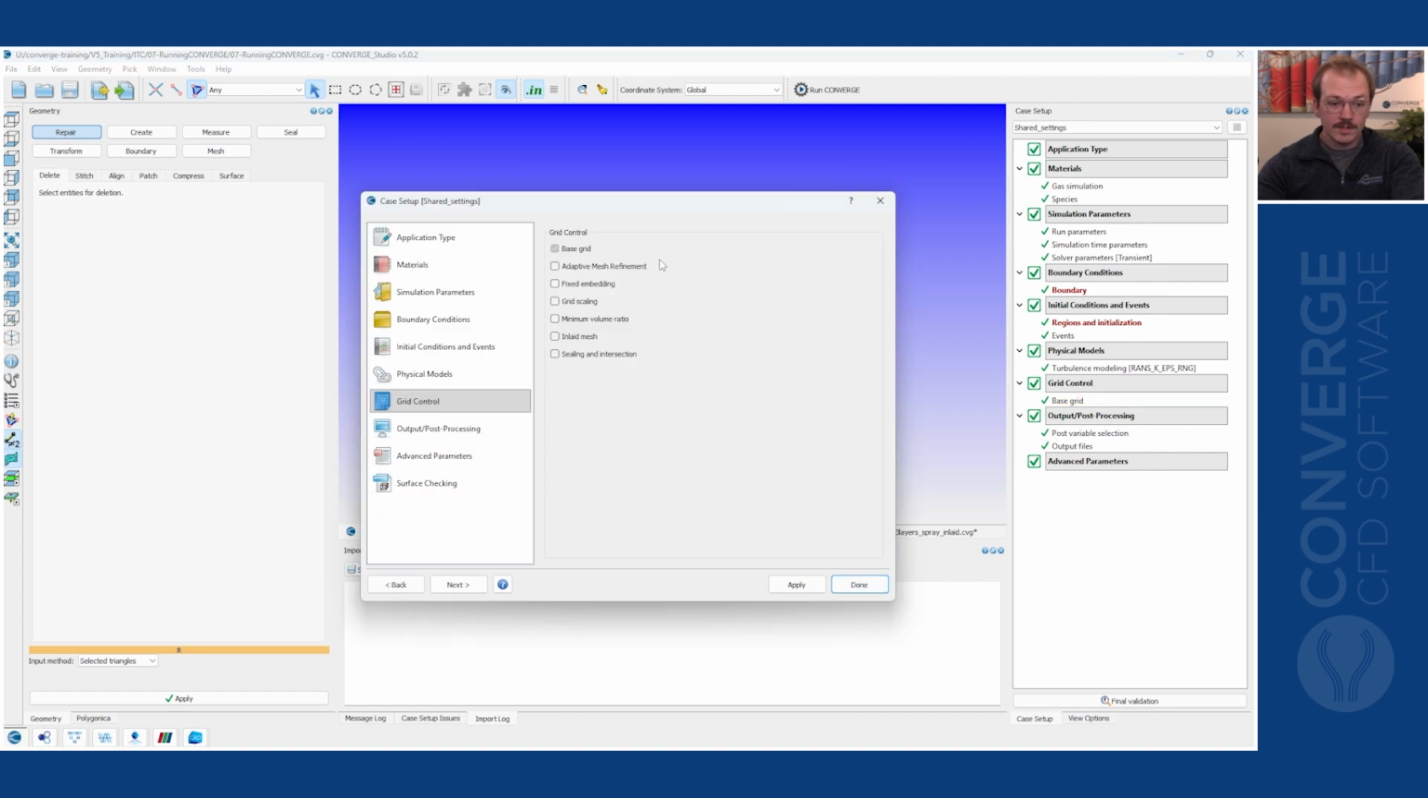There are four primary ways by which users can manipulate the grid. The first is grid scaling, which refines or coarsens the entire grid based on the scale you provide. Second is fixed embedding, which refines a specified portion of the grid. Third is adaptive mesh refinement, or AMR, which automatically refines the grid based on local flow conditions such as temperature or velocity. And the fourth option is inlaid mesh, in which you can specify a grid with an arbitrary orientation,